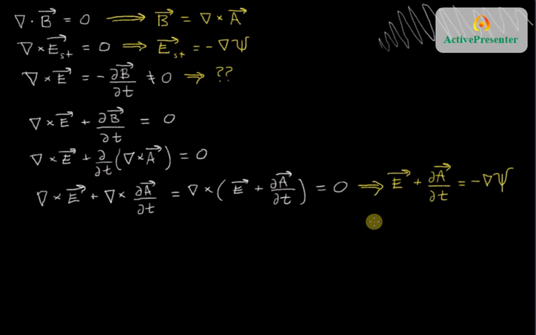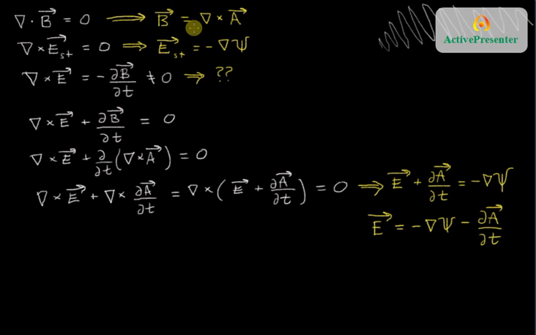So although the electric field itself is not equal to a grad of psi, E plus dA dt is equal to negative grad of psi, and if I isolate E by itself,